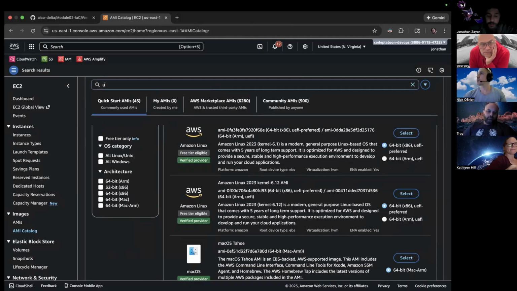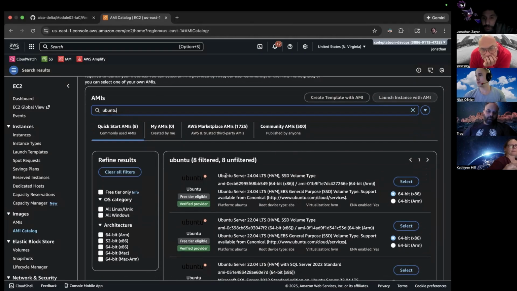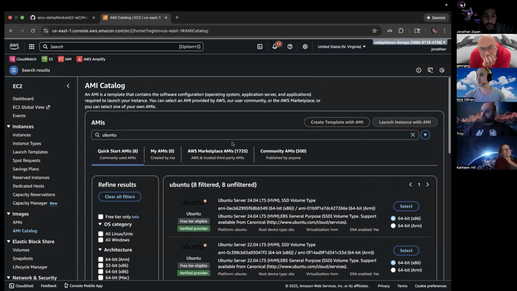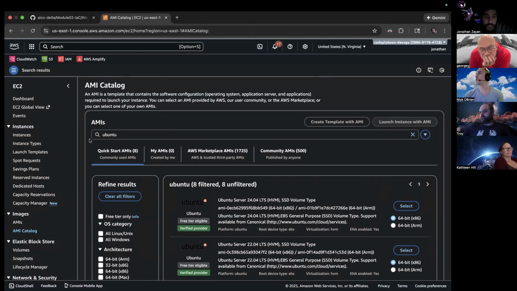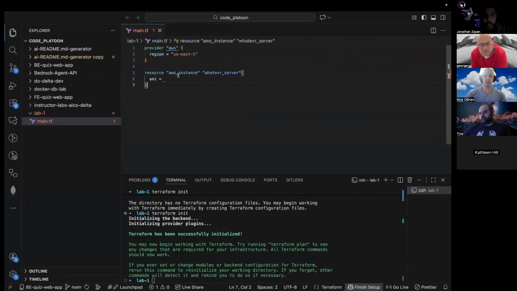So what we're going to do right here is search. Now, say we want this first one, 24.04 LTS. I'm going to hit select, but here's what I want you to notice because it's not super intuitive. Just keep your eye somewhere around up here where my mouse is. I'm going to hit the select button. There you go, right here. That's the AMI for a specific Ubuntu Server 24.04 EC2. So then what I'm going to do is take this whole bad boy, copy it over, and then here, we're going to enter it with the quotes.